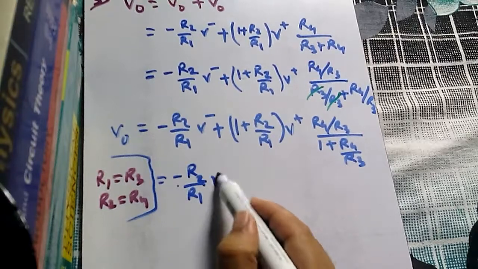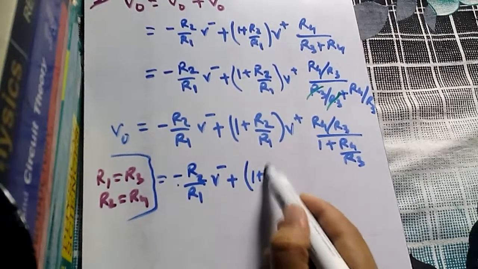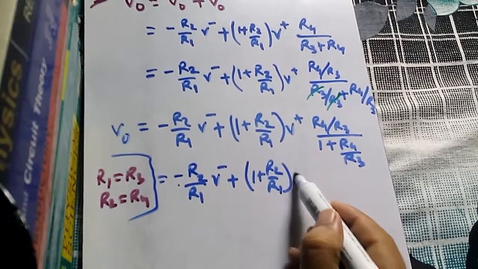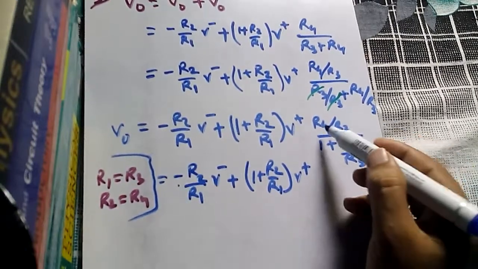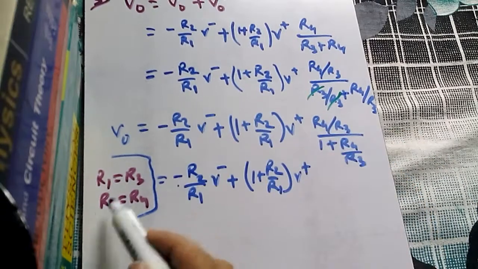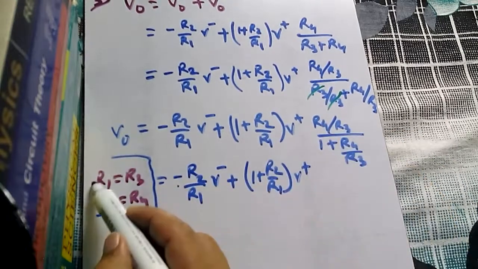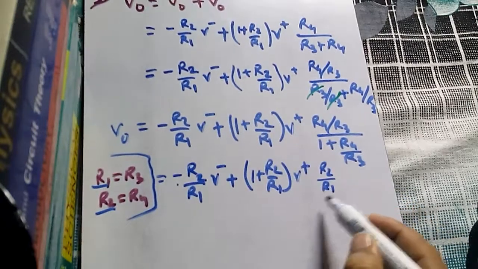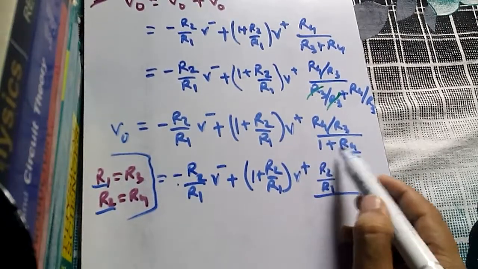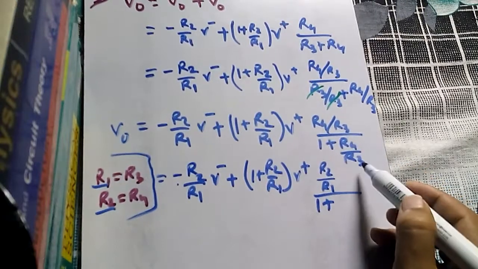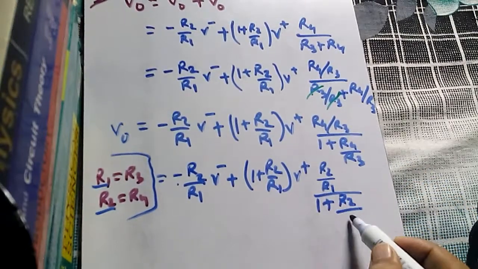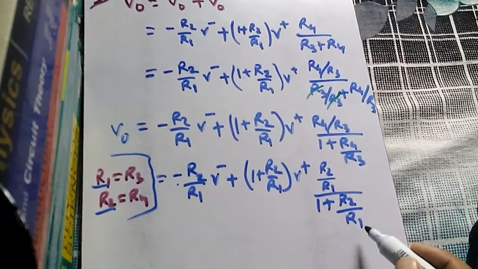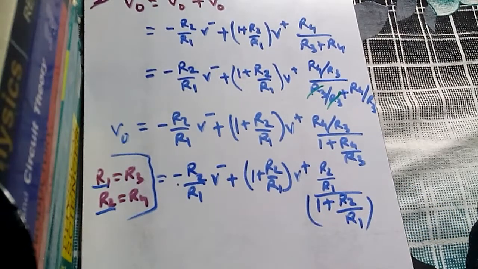So here we have minus R2 by R1 V minus plus 1 plus R2 by R1 into V plus into R4 by R3. Now R4 will be substituted by R2 and R3 will be substituted by R1. So this is R2 by R1 divided by 1 plus R4 by R3. Now again R4 is substituted by R2 and R3 by R1. Now you can see that this and this term are the same, they cancel. So we have